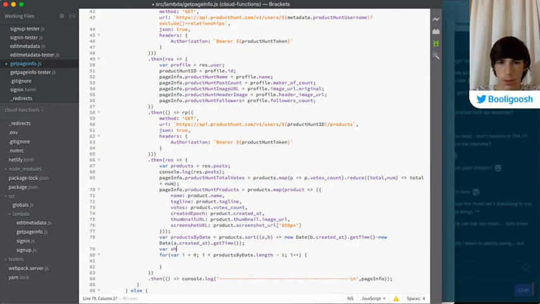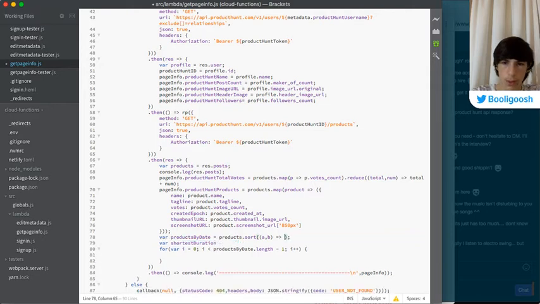Okay, var shortestDuration. Actually, what we can do is we can just say b minus a, and we can map it first. So product => new Date(product.createdAt).